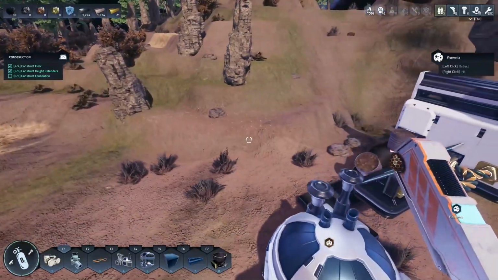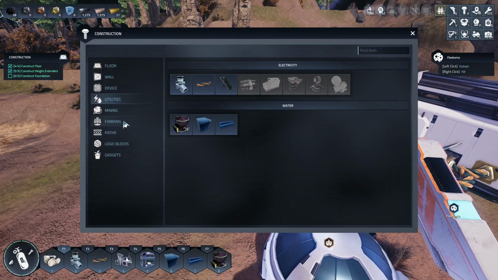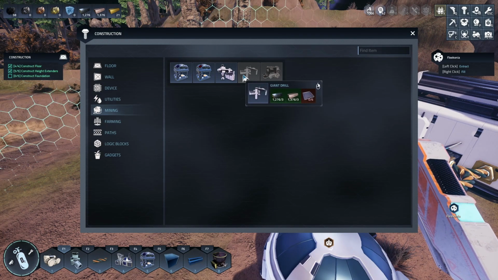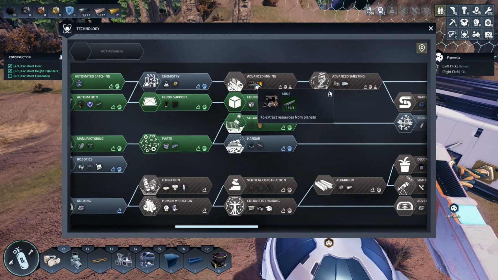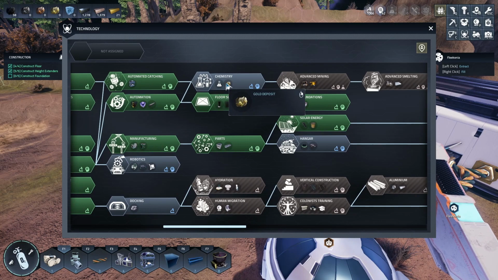There are more advanced versions of mining available. We come in here, there are some, I just call them mines. So we've got giant drills, we've got regular drills, we've got mines. If we come in the tech tree, the advanced mining here, which requires scientists to do research. But before we do that, we need to grab a few other things. So let's grab chemistry,